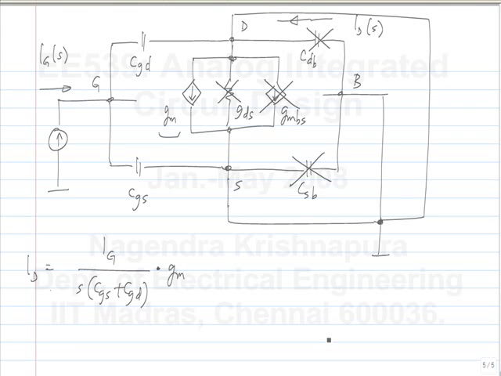So ID by IG is GM by S times (CGS plus CGD). Is that correct? What else is there? So the current through CGD also flows into the drain. What is that part? This ID consists of two parts. One that flows into GM and another one that flows into CGD. What is the part that flows into CGD? So the current division. This current gets divided into two parts, and it's in the opposite direction also, right? So it is